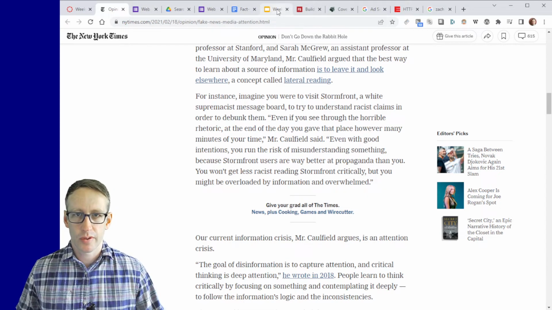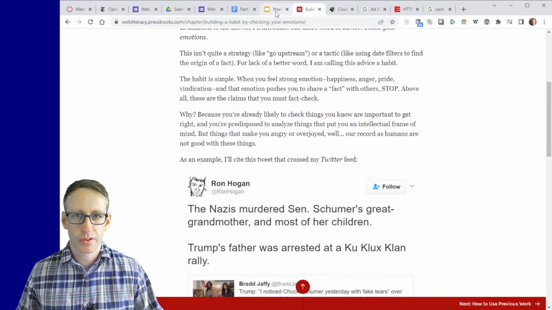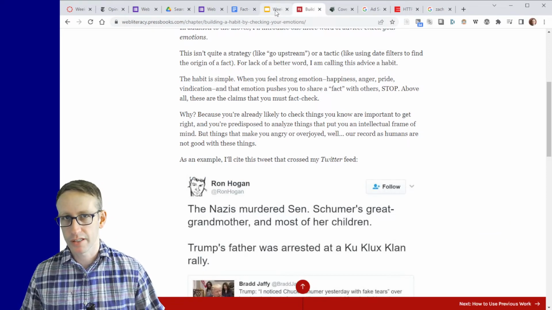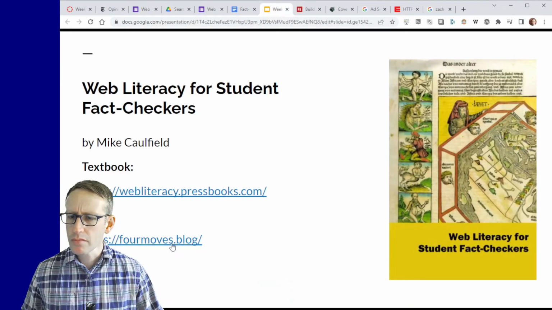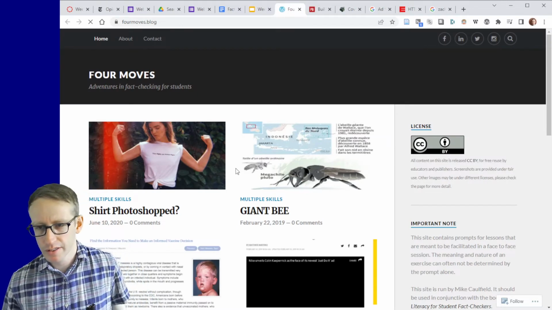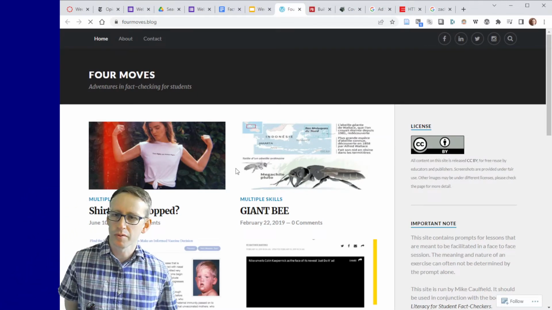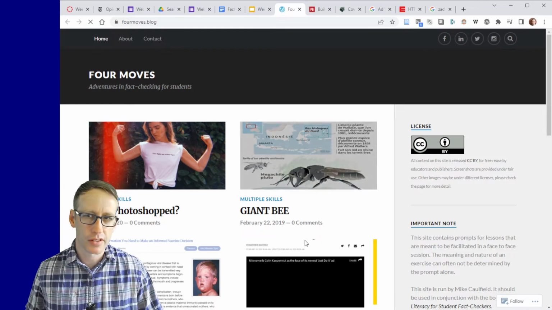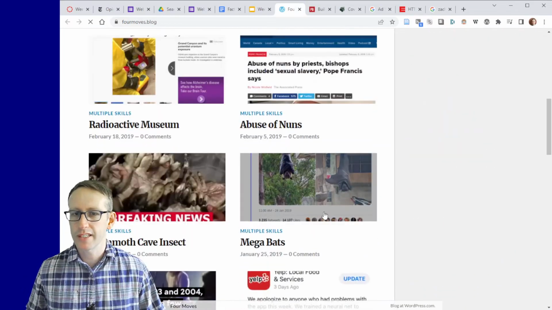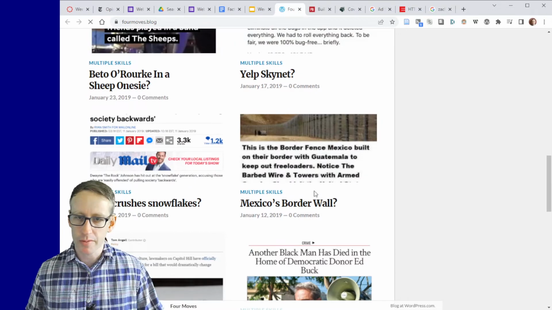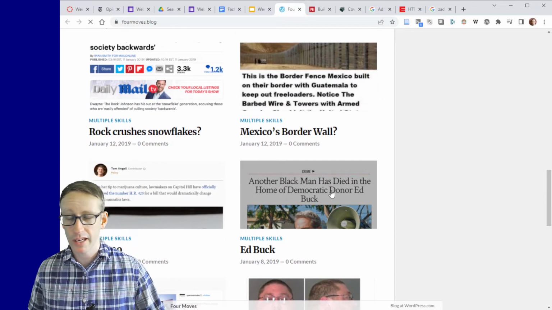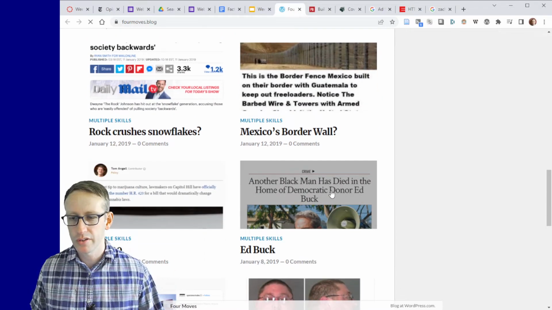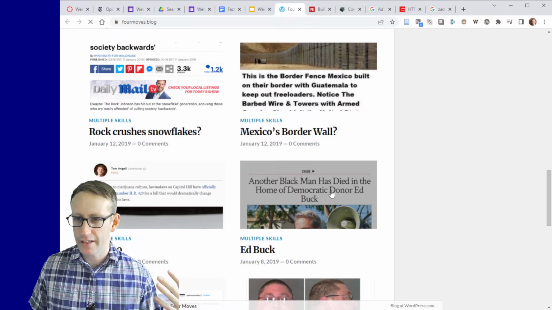Okay, so where was I? Yeah, so take a look through these first 2 things, really just to get a big picture sense of what this book is about. You can also take a look at this, the 4moves.blog. This is a website where Mike has shared sample claims, things that people have put out there on the web that you can practice your skills on. And he doesn't give you the answer.